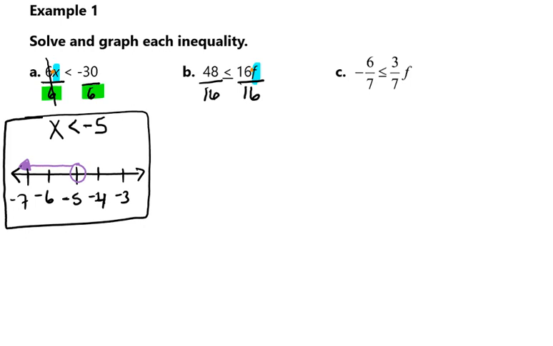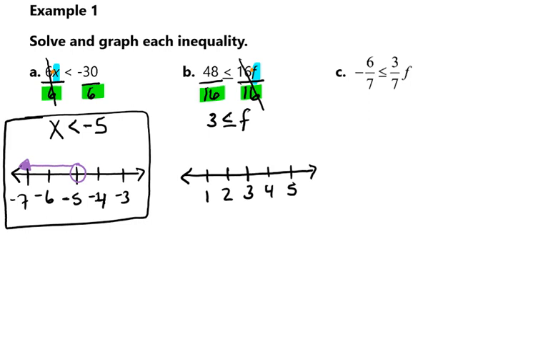And when we do that, we get 3. Because 16 was a positive 16, our symbol will stay the same, so less than or equal to f, because 16 divided by 16 is a 1, so we'll have 1f left over. Then when we go to graph it,